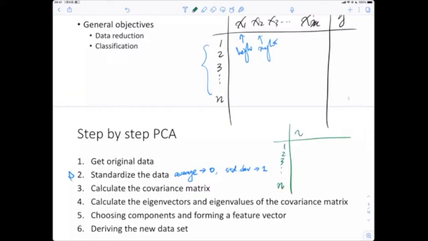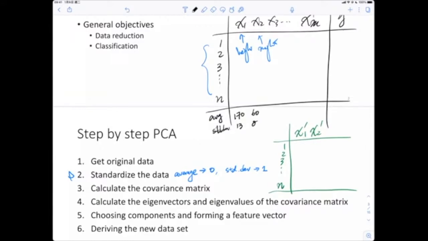But you have x1 prime, x2 prime, and the original data. For example, the average height may be 170 centimeters and your standard deviation is, for example, 13, and your weight maybe 60 kilograms and your standard deviation is 8.